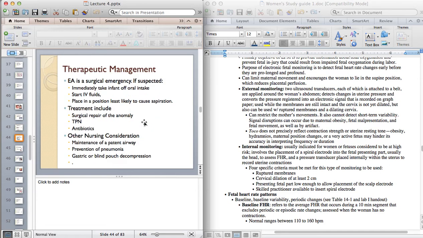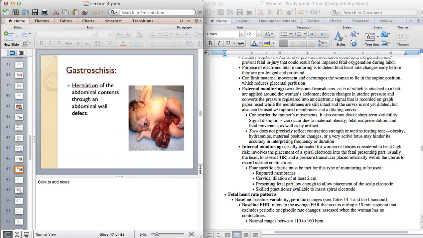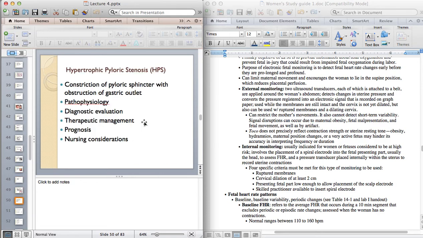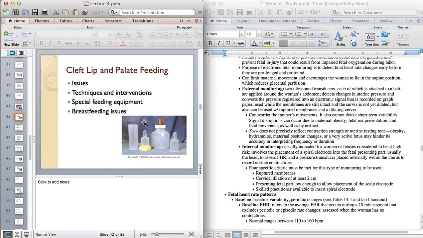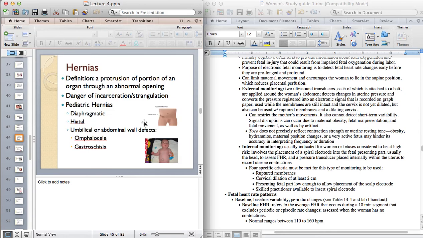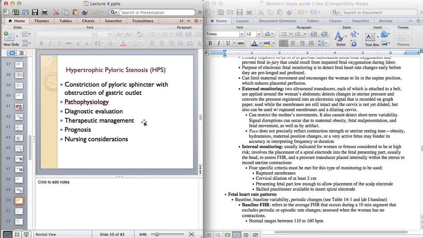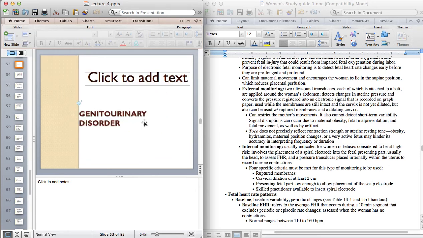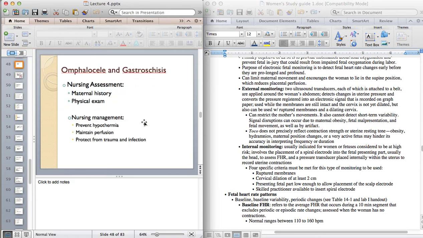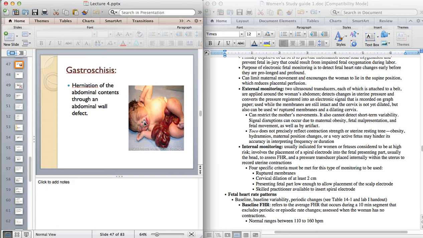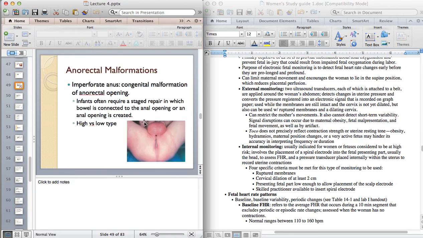Unlike the gastroesophageal reflux, the food went into the stomach, some managed to go past the pyloric sphincter and found its way into the duodenum. But because of that weakness or laxity of that sphincter, you have the reflux. So the vomit that you see in gastroesophageal reflux will contain bile, but not this particular one. So again, surgery is the treatment,